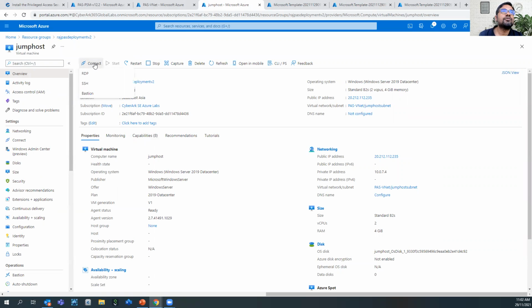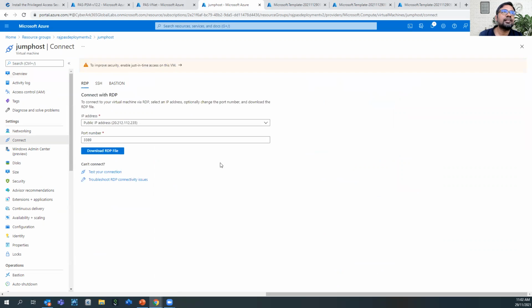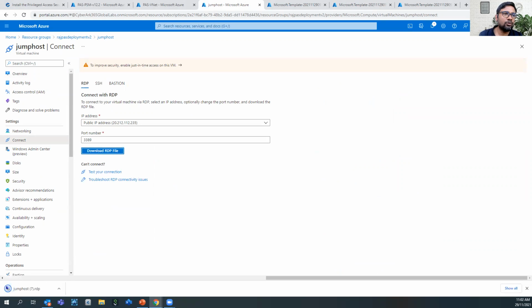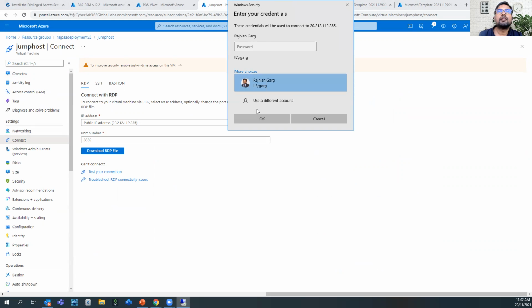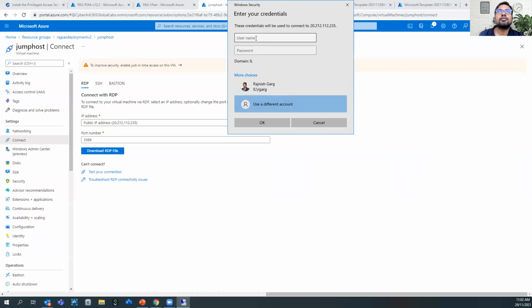In the jump host, we will try to connect. That's connected through RDP. Let me download the RDP file and let me log in.